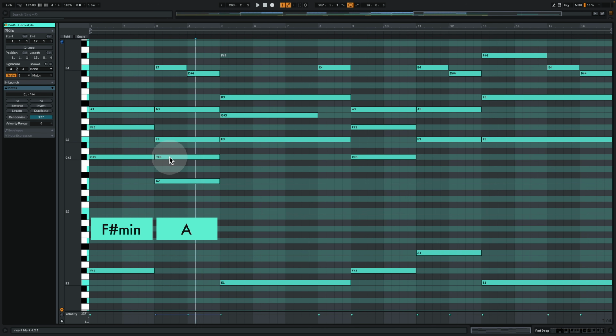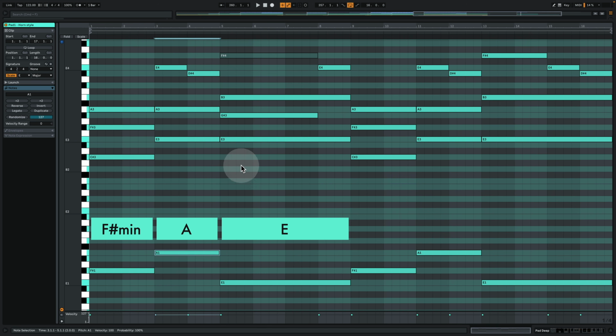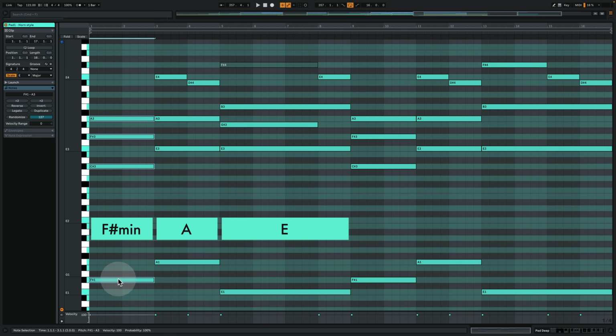So we're not playing the third, it's A5 in a sense. And then we are going over to E major, where we have E, the major third in between, then G sharp, and then a minor third in between, and then we're playing B. So root, third, and fifth. Okay, so F sharp minor,